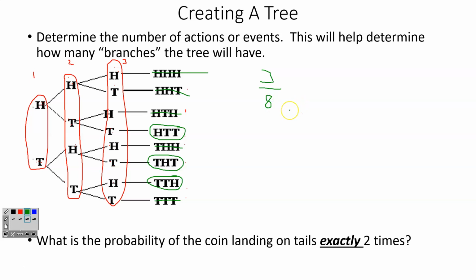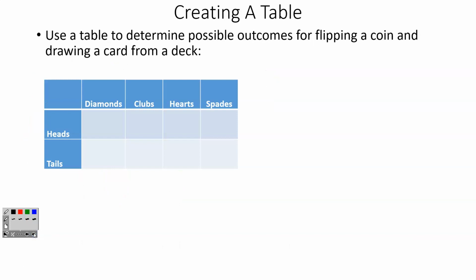So then my probability of getting point exactly 2 times would be 3 out of 8. So trees are one way to do it. The next way is to create a table. With a table,